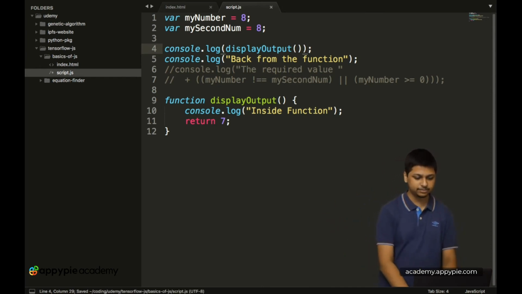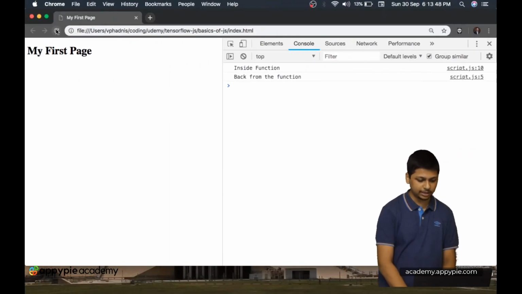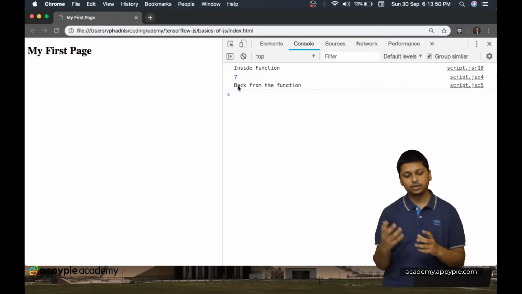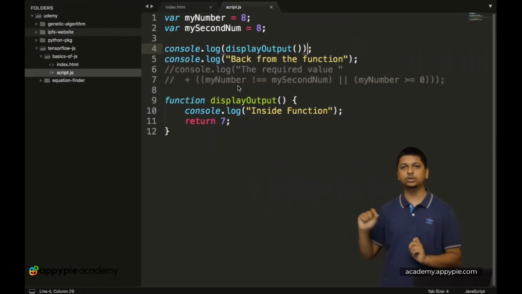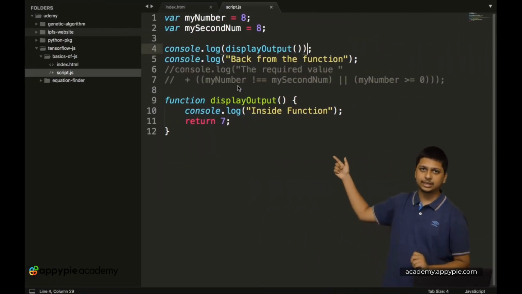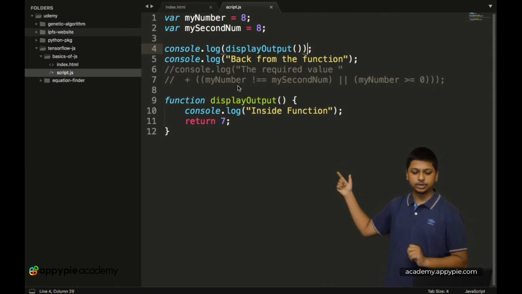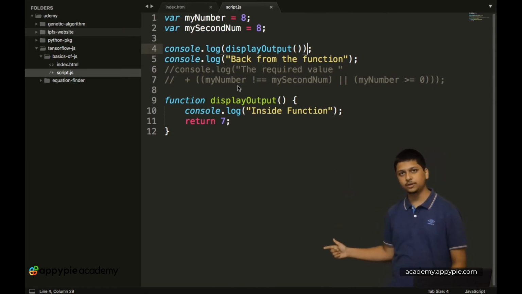So let's save this, let's go back to our page, let's refresh this, and now as you can see over here, let's look at the workflow again. So we have our variables initialized, then we are starting to get into the display output function.